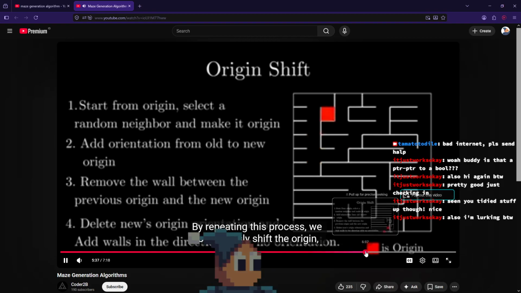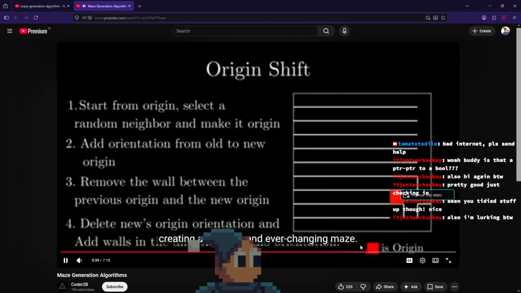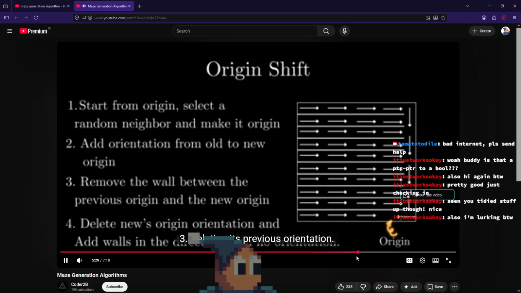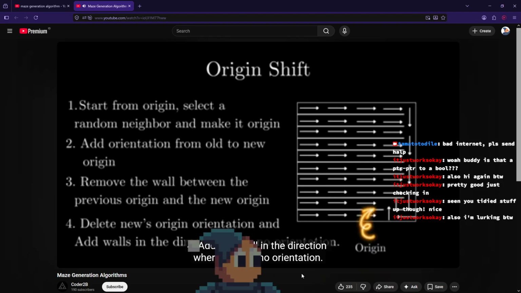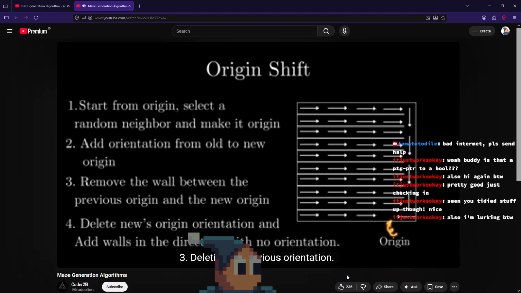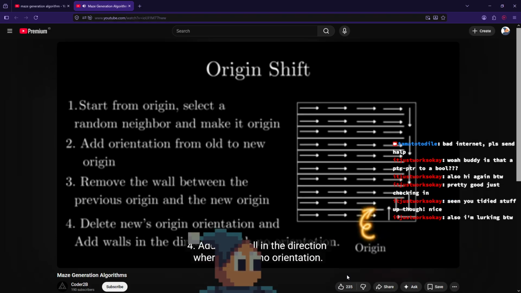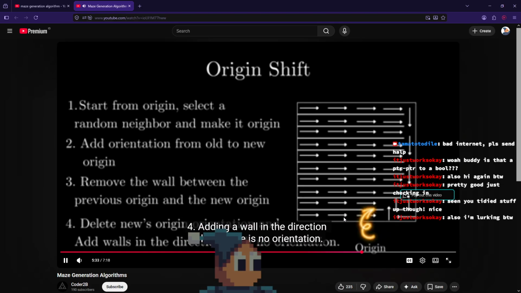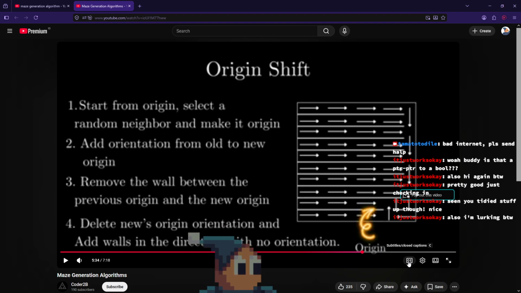A what? Shift the origin, creating a dynamic and ever-changing... Three, deleting its previous orientation. Four, adding a wall in the direction where there is no orientation. Wait.